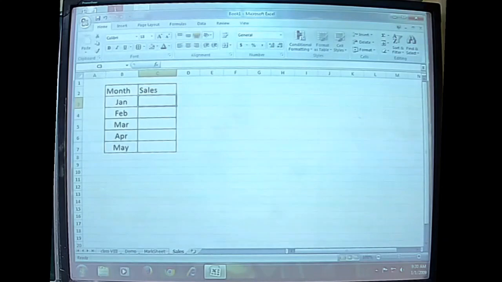Now, the sales made by the company in the various months.